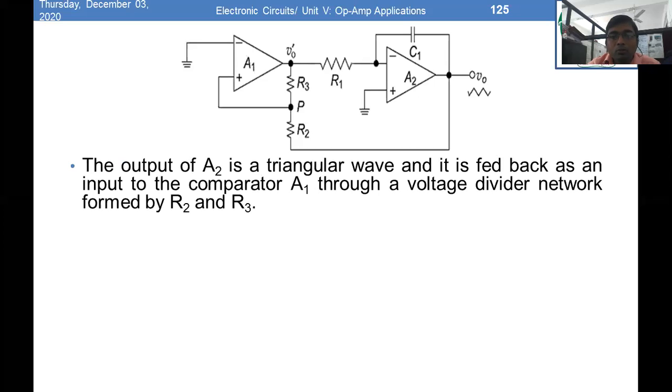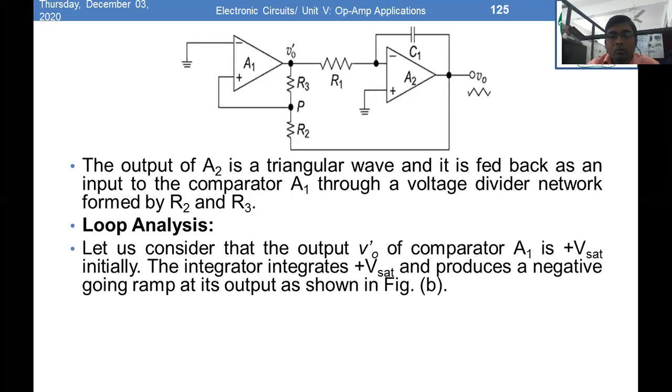Here, the output of A2 is a triangular waveform, and it is fed back as an input to the comparator A1 through the voltage divider network R2 and R3. So we have to analyze this feedback loop. To analyze it, we first consider that the output of A1, that is V0', is initially at plus V set voltage,